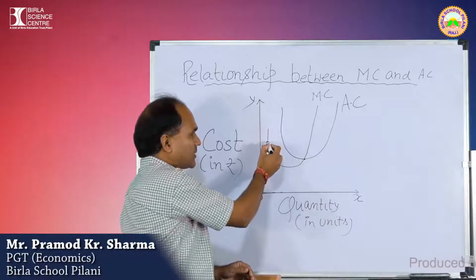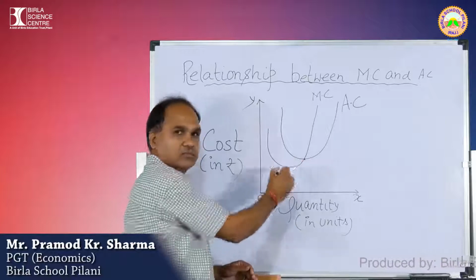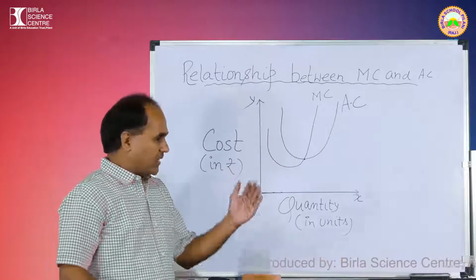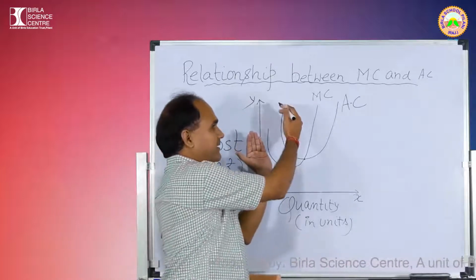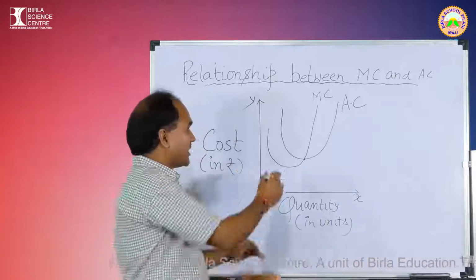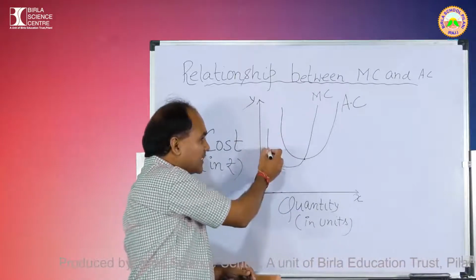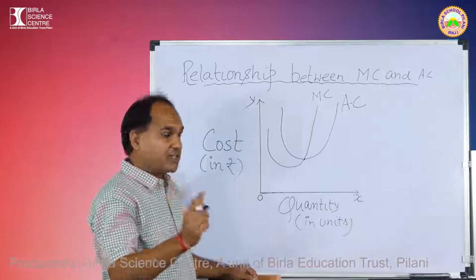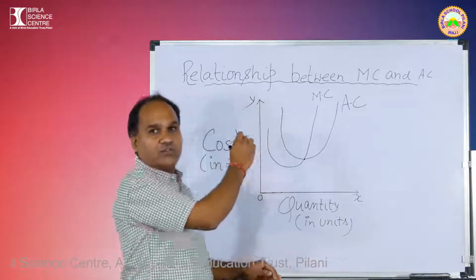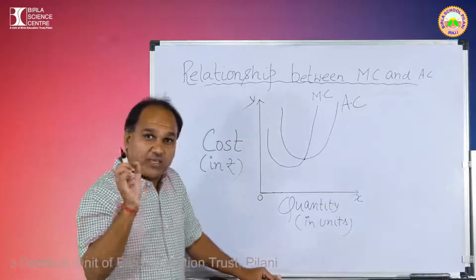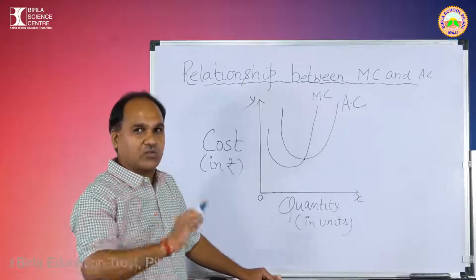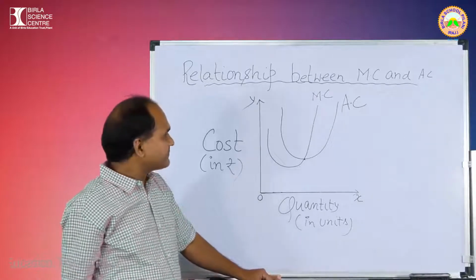Here marginal cost is also falling down. Average cost is falling down, marginal cost is also falling down. This is my left hand, this is my right hand. On the right hand, average cost. On the left hand, marginal cost. See, when average cost falls, marginal cost also falls. But see the condition, marginal cost falls more than average cost. First one is saying what? Marginal cost falls more than average cost. That is number 1.